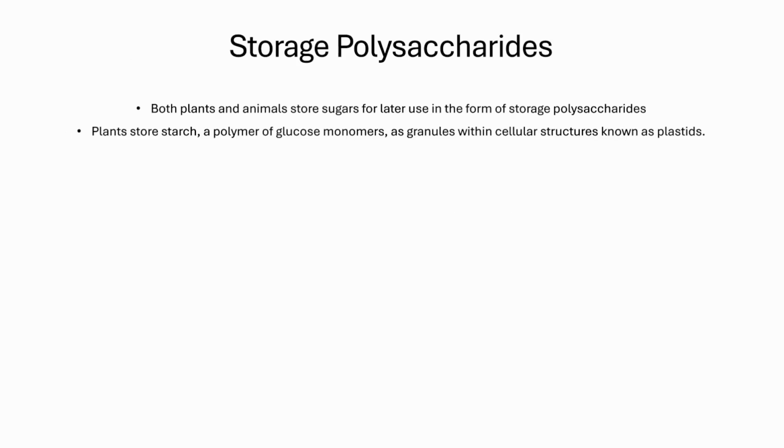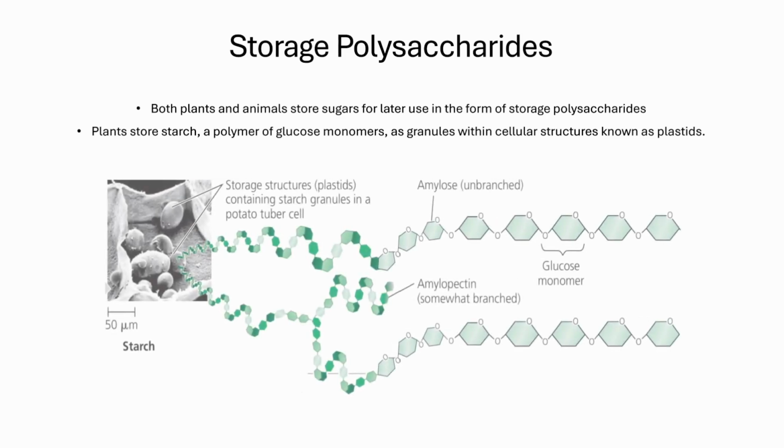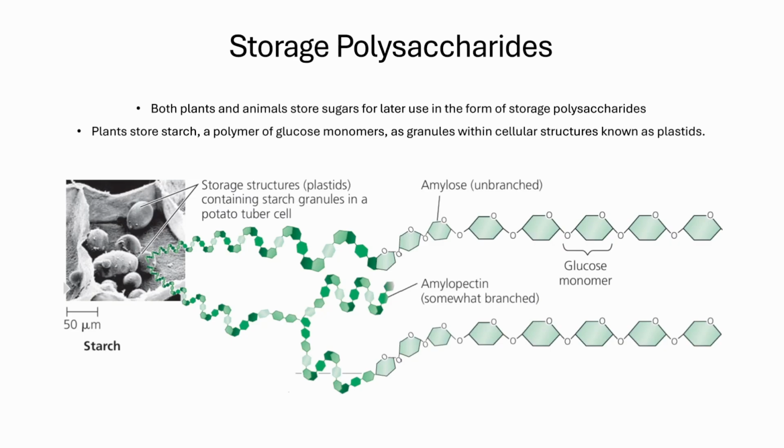So, storage polysaccharides. Both plants and animals store sugars for later use in the form of storage polysaccharides. Plants store starch, a polymer of glucose monomers, as granules within cellular structures known as plastids. Synthesizing starch enables the plant to stockpile surplus glucose. Because glucose is a major cellular fuel, starch represents stored energy. The sugar can later be withdrawn by the plant from this carbohydrate bank by hydrolysis, which breaks the bonds between